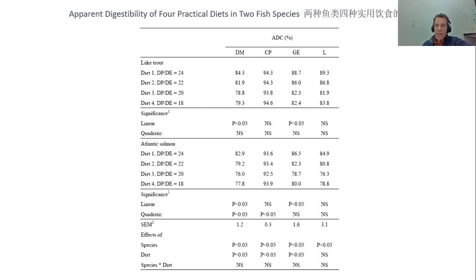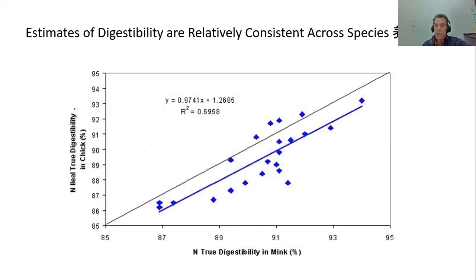So I don't want to say differences between species do not exist, but overall the differences are very small. If a protein is of high quality, it is highly digestible to a wide variety of species. If a protein is damaged, it's poorly digestible to many species. A shrimp, a carp, a sea bass, or a rainbow trout, a salmon, it will be poorly digestible for those species. So species has a very limited effect.